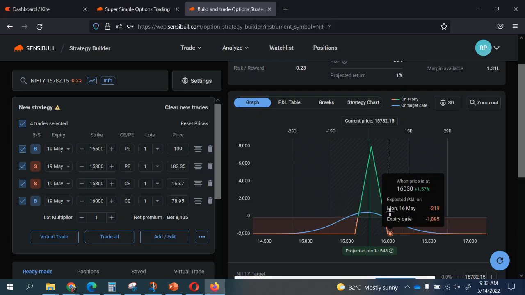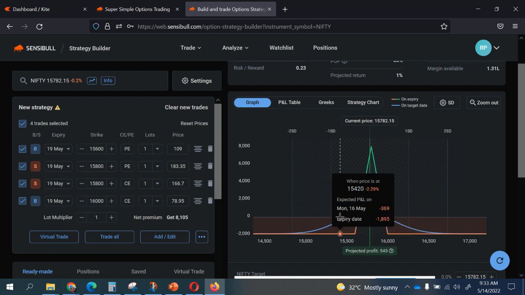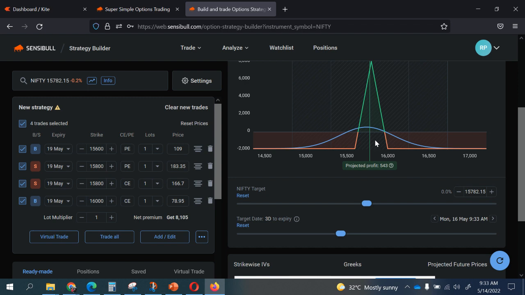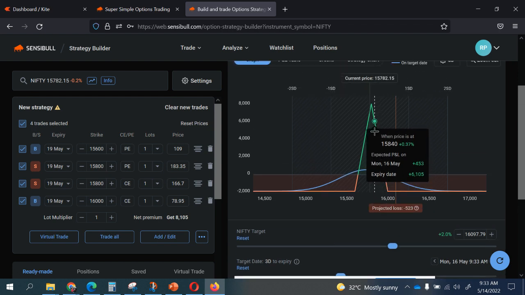Whenever you deploy the Ironfly, when we have like a 3% gap up or gap down, your Ironfly will give you a loss for sure. Because let's say your market stands here, and you have a huge gap up, let's say 2 to 3%. I'm just trying to manipulate, right? 2%, you will end up with huge losses because we are not giving time for the overnight theta